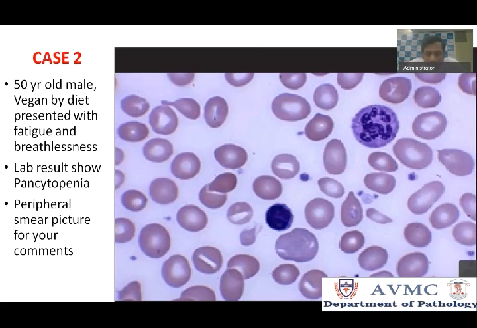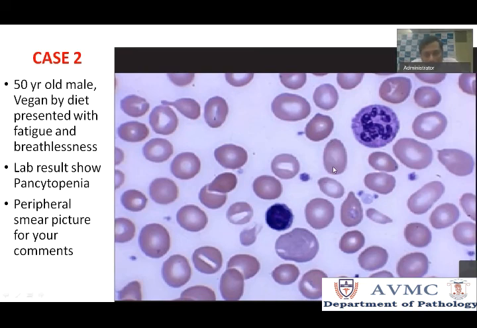So how about the RBCs? There are variable sizes, so there is anisopoikilocytosis. Do you find the RBCs of normal size? Do you compare with the small lymphocyte? No. Macrocytic. Okay, very good. So the RBCs are macrocytic and they also appear oval, right? So you call these macro-ovalocytic RBCs. You already said it, there is anisopoikilocytosis, variation in size and shape of the RBCs.